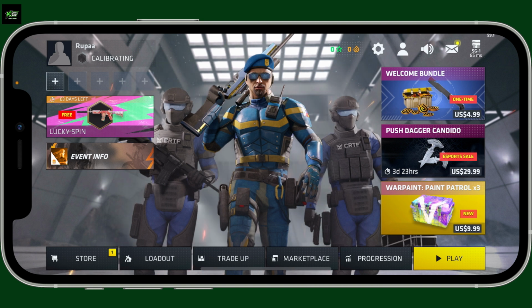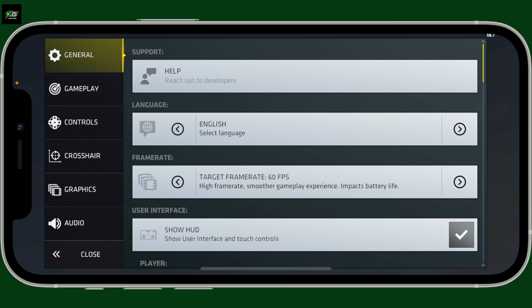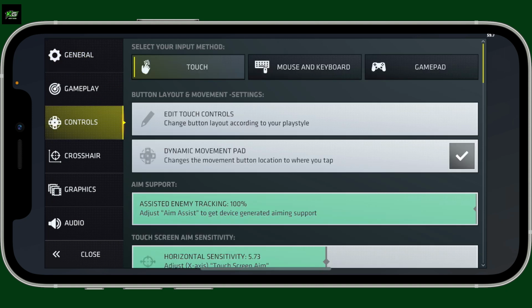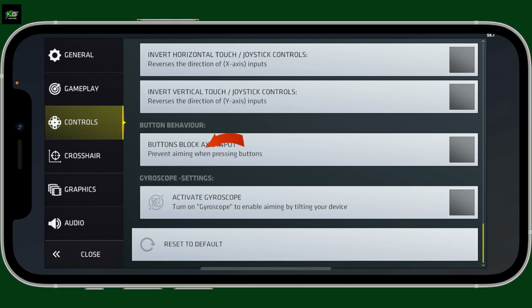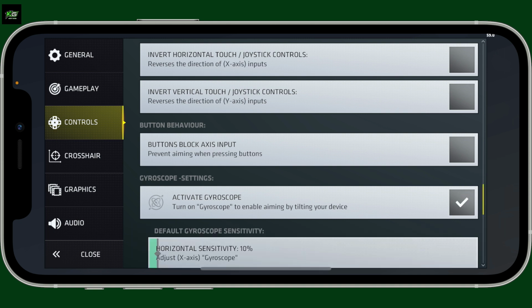from the main home page, go ahead and tap on the gear icon located at the top right corner. This will open up the settings menu from where you'll need to tap on controls on the left. Inside controls, scroll through the options and look for the gyroscope settings. To turn on gyroscopes to enable aiming by tilting your device, tap on the box right next to activate gyroscope,